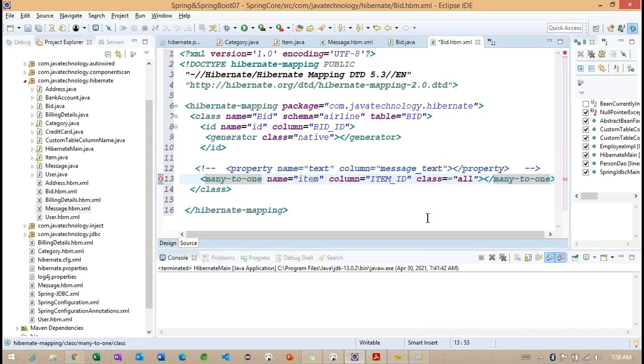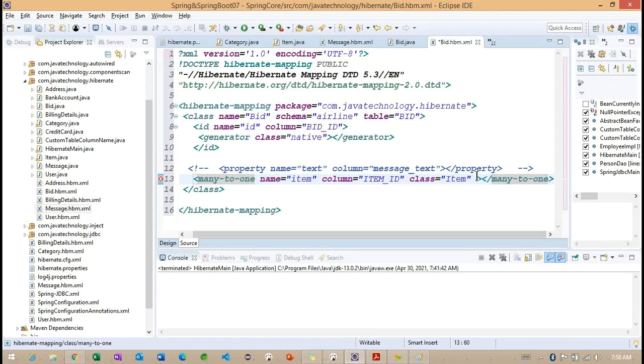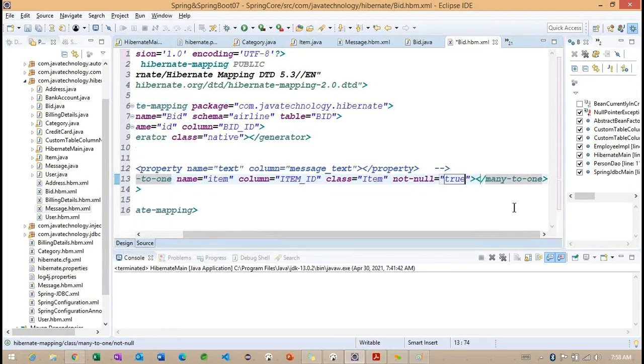What is the class we are having? The class we are having is item. And let me delete this. Here we can make optional constraints. So this I want to provide.